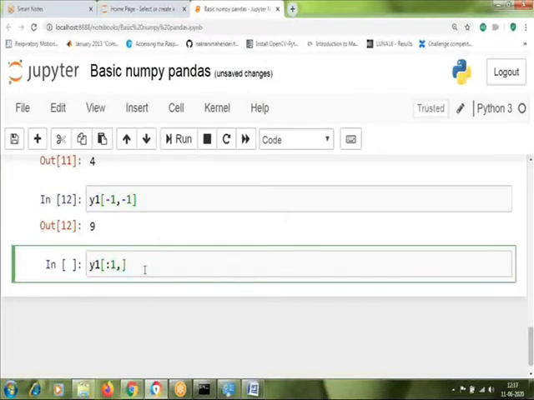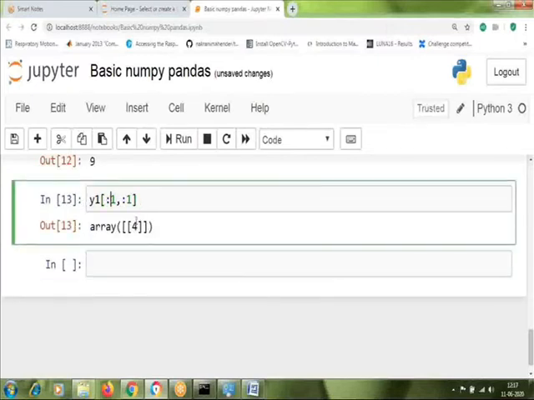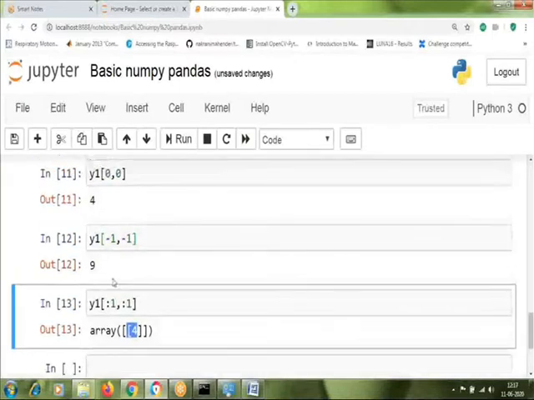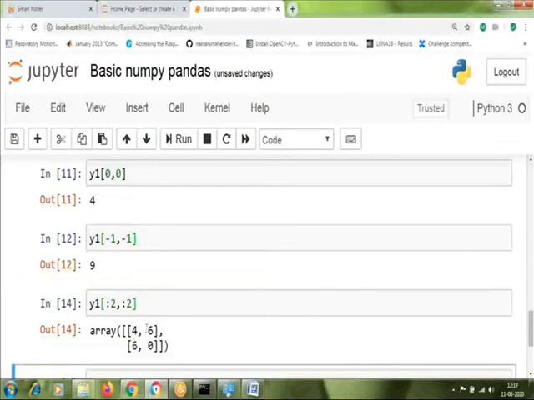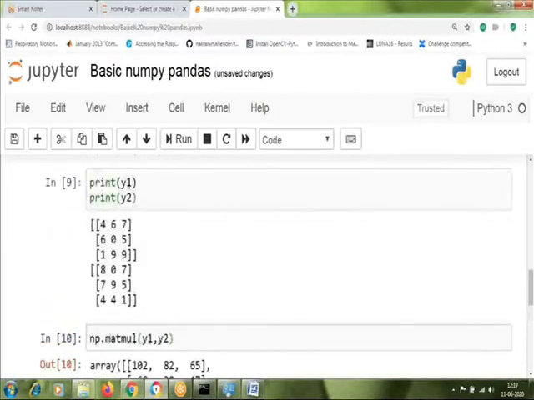So what I'm trying to do is get this particular value as a matrix itself. Here 4 becomes a matrix, just one element. If you want multiple elements, you can also increase that size. So now you have a 2 by 2 matrix. From a 3 by 3 you have created a 2 by 2, which is just a subset of this particular matrix.